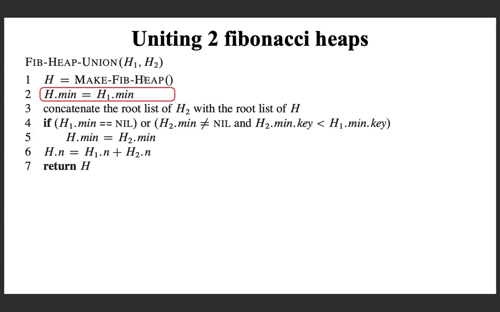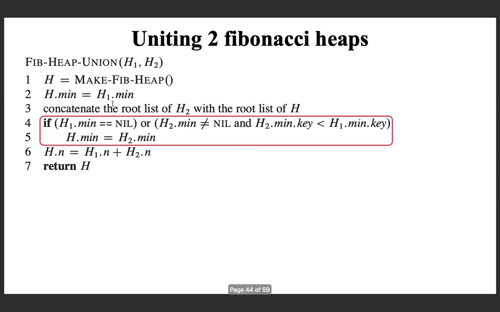So here you assume that the first list contains the least key value among all the nodes in h1 and h2. If that assumption is correct, this is okay. If it is wrong, later we are going to correct it. Then you just concatenate the circular doubly linked lists. Last class we saw that there is an order of 1 algorithm to concatenate. Just apply that algorithm and concatenate the root lists.